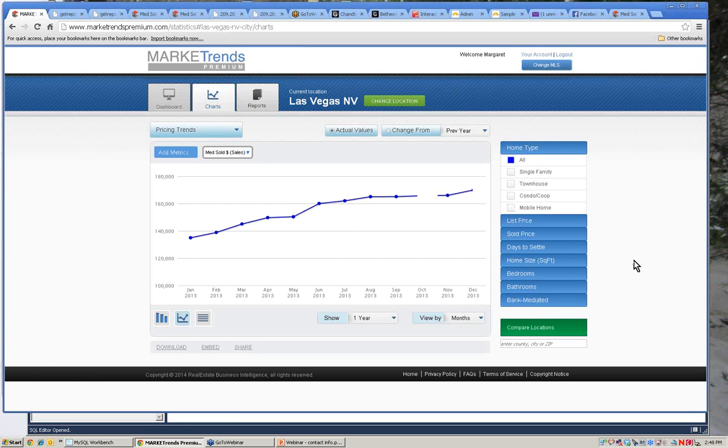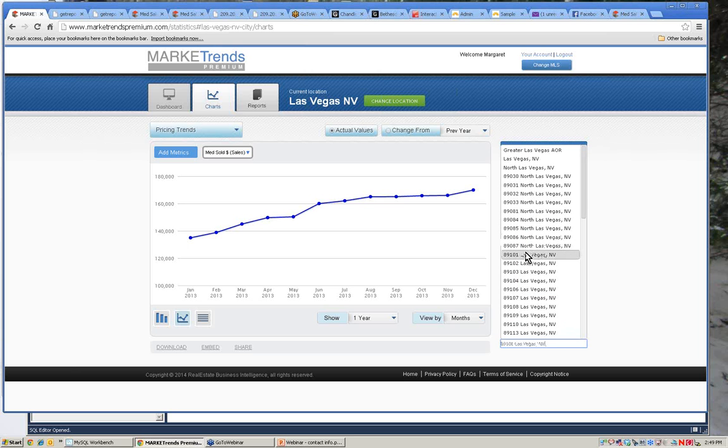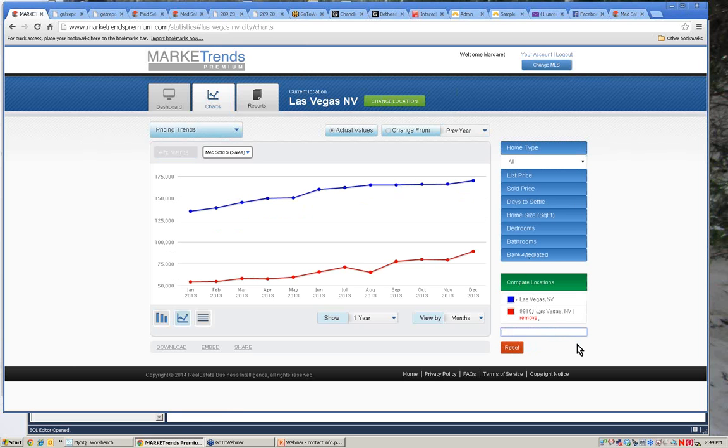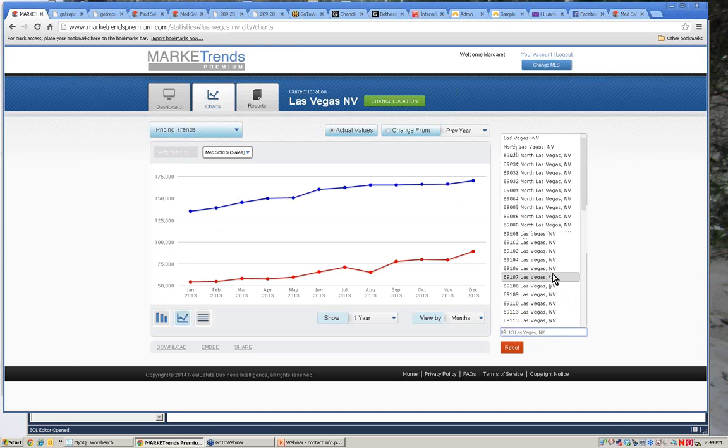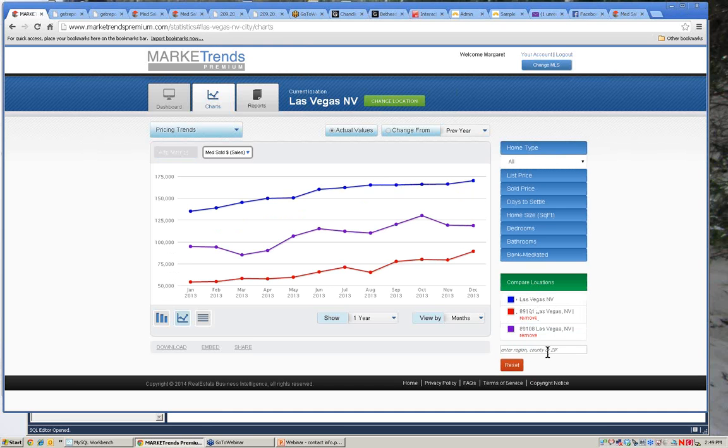And this is a great way to be able to show people what they can afford. They might not be familiar with an area. Pick a major corridor in your commute land, so to speak. I'm in the D.C. area. We're right off of 95, so I could pick maybe from Baltimore to D.C., and I could pick different locations. What you can do is you can add in different locations with compare to location and show people what it's going to be to live in one place versus another, so that they can see the purchasing power that they might have, or the cost of their commute associated with